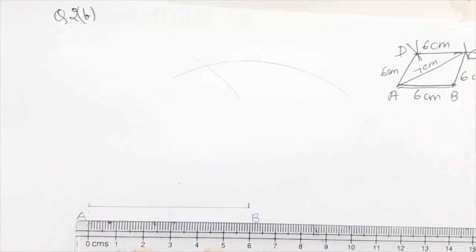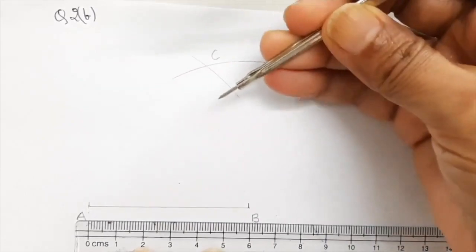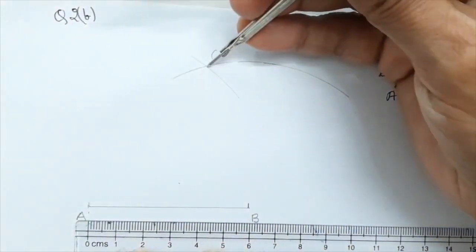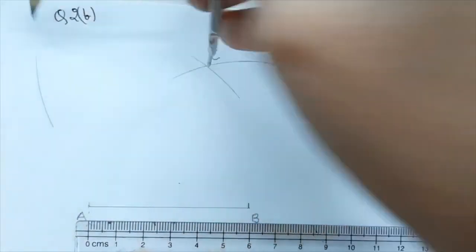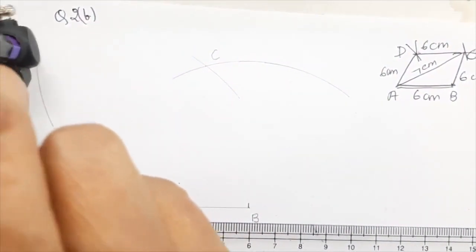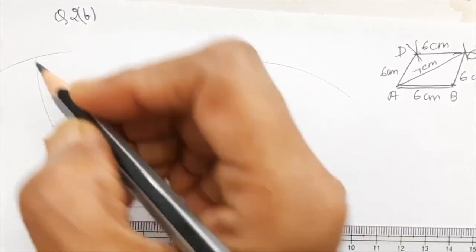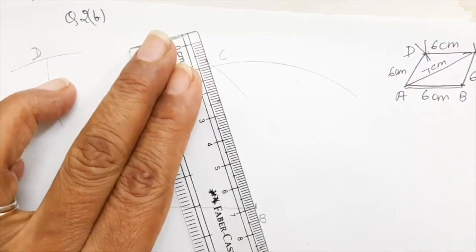So this is our point C. From C we need, this is 6 centimeters, yes. So from here 6 centimeters we draw the arc, and from A 6 centimeters we draw the intersecting arc. So we have this is point D. Now we will join